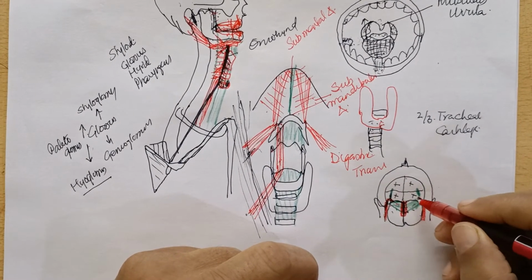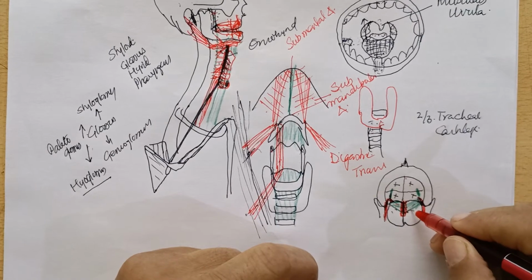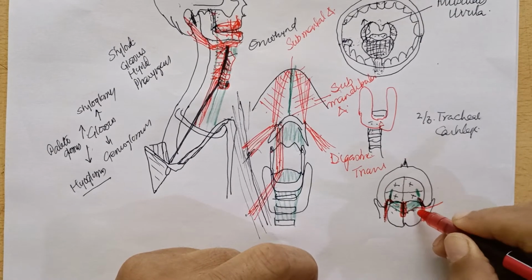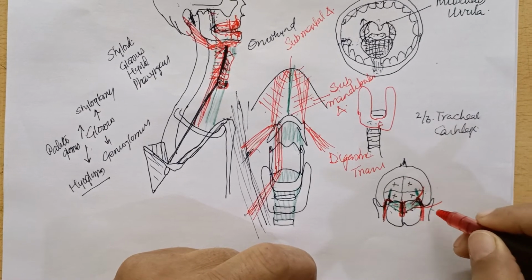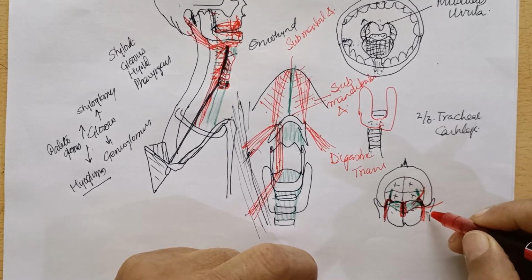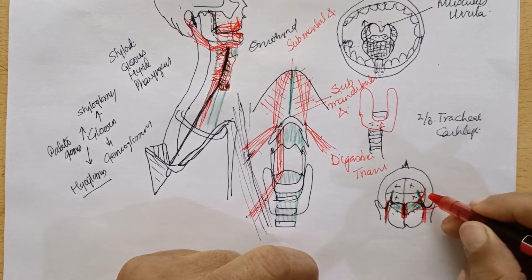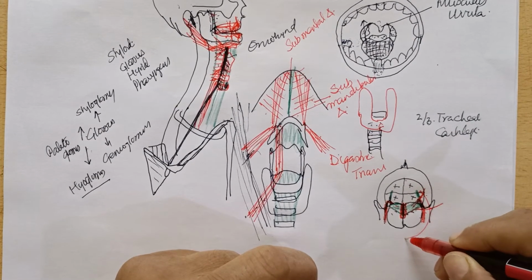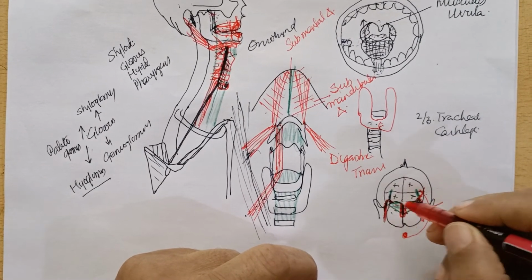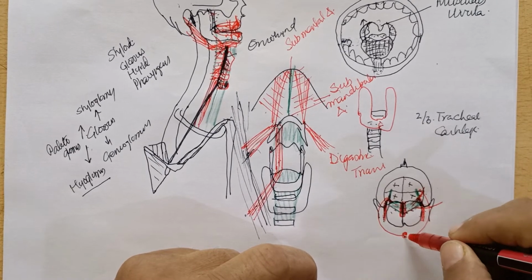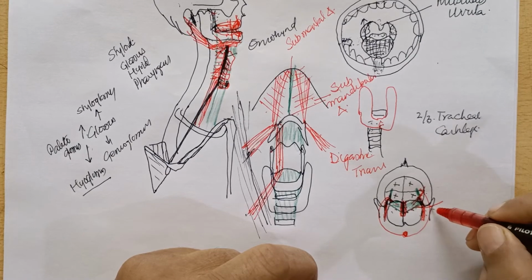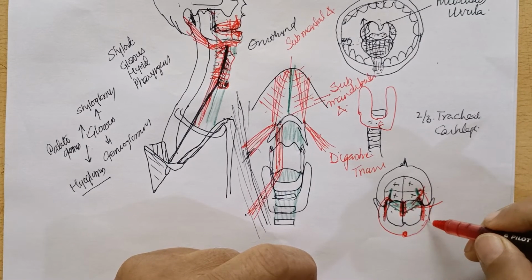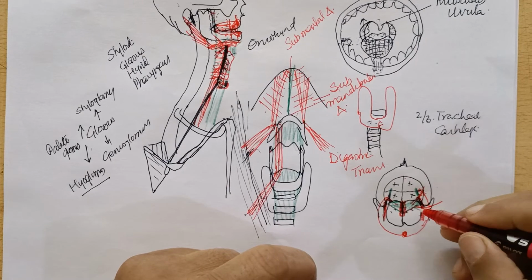From the palatine aponeurosis, you have a palatopharyngeus going into the pharynx, and palatoglossus going into the tongue, which forms the tonsillar fossa. From the pterygomandibular raphe, you had the superior constrictor going on to the pharyngeal raphe. So pterygomandibular, this was the superior constrictor. So the palatoglossus and palatopharyngeus form the two pillars of the tonsil, and it is followed by the superior constrictor.